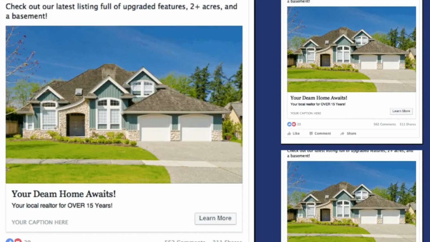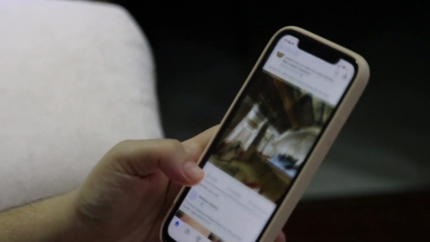Yes, that's easy, but unfortunately, that type of photo looks like every other dang photo that people have put in their ads, and it just gets lost in the feed. The other thing is when I see a generic photo now, guess what it does? It's screaming out, hey, I'm an ad. And do people really want to stop and look at the ad when they know it's clearly an ad? No, they're usually like, nope,